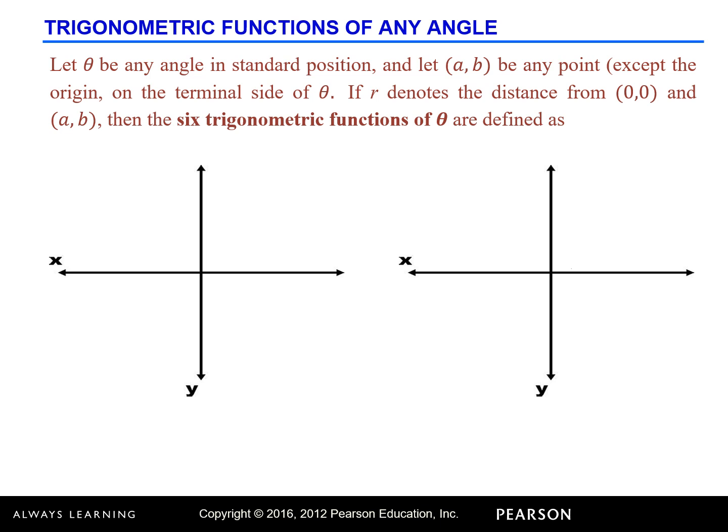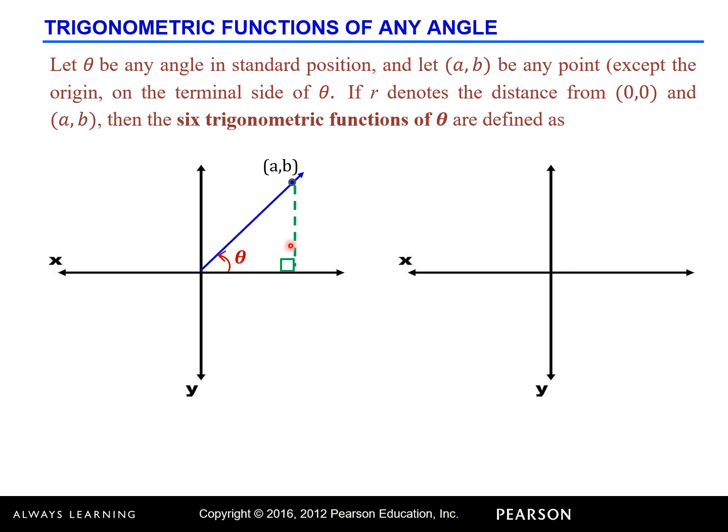Since we have shown when the angle is in quadrant 2, now let us explore when the angle is in other quadrants, like quadrant 1. If the angle is in quadrant 1 and the point (a, b) lies on the terminal side of the angle theta, we do not need the reference angle here since the angle theta is acute. Then let us draw the right triangle by creating a vertical line perpendicular to the x-axis. So this is now our right triangle.